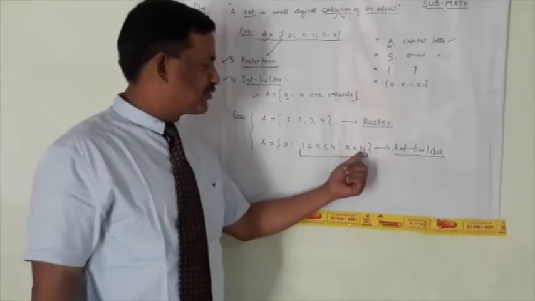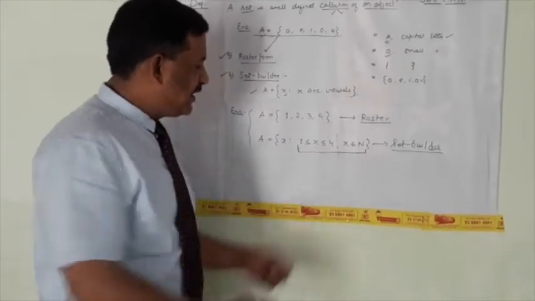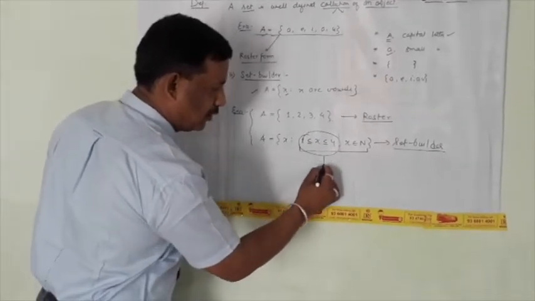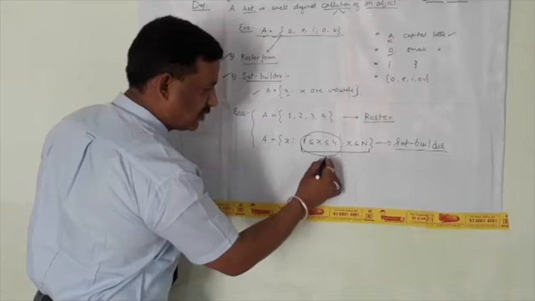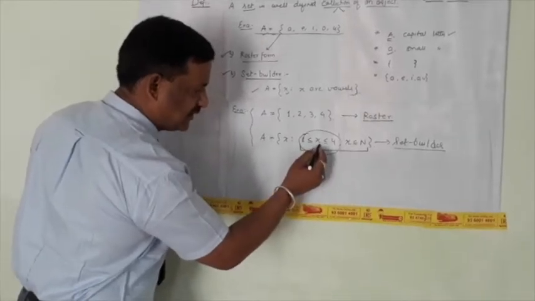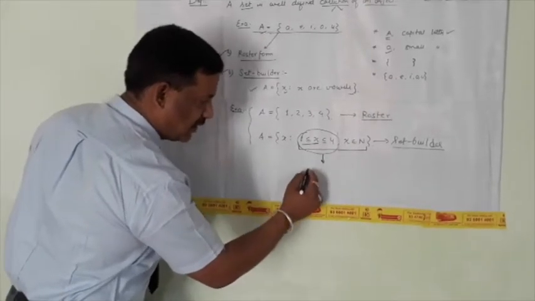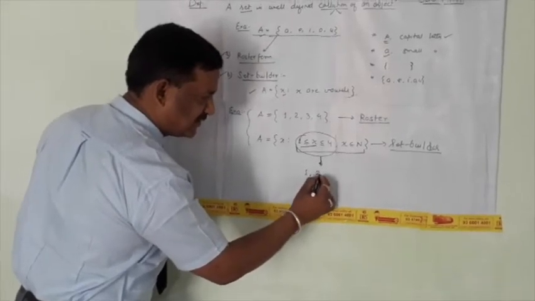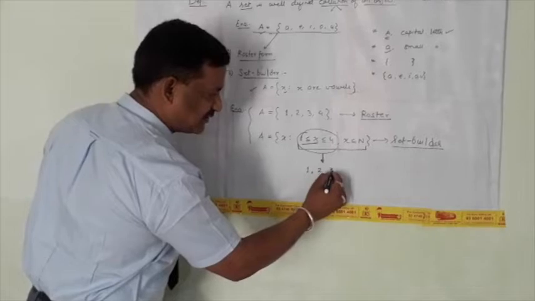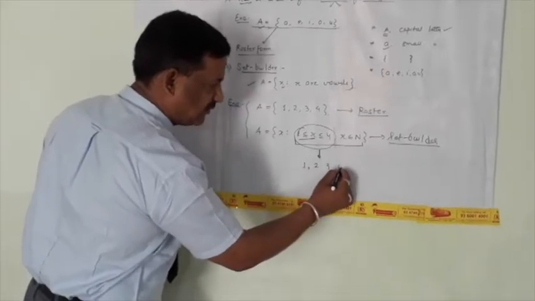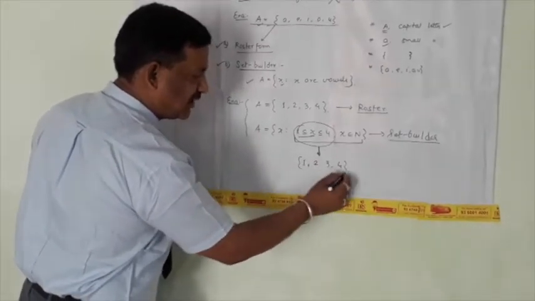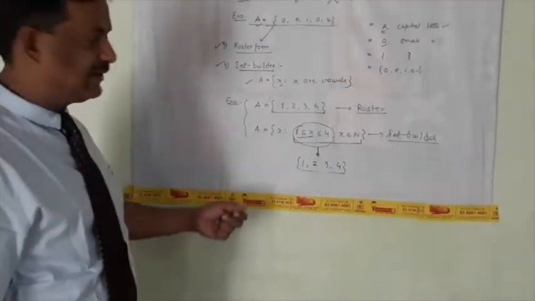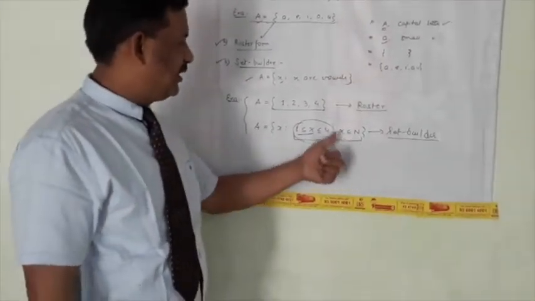Here x belongs to natural numbers and the condition is 1 is less than or equal to x is less than or equal to 4. For the convenience of the students, we have considered x greater than or equal to 1, which means 1 is included, then the number greater than 1, which is 2, and another is 3, and x equal to 4 means this is 4. So the elements are 1, 2, 3, 4, which are listed in the roster form by using commas, and this is the set builder form.